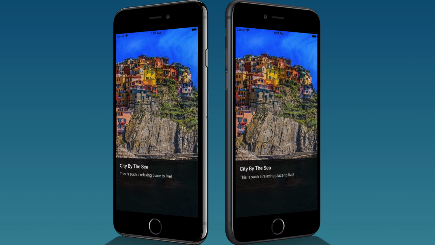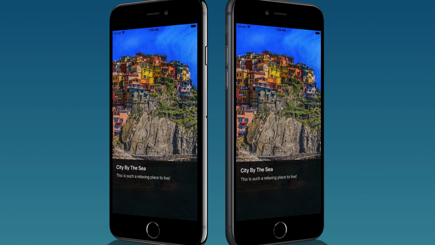In this video, you're going to learn how to build your app's user interface. And that's just the technical term for the screen that the user sees. You'll learn about auto layout that's used to position and size elements. By the end of this video, you'll have built this user interface. As you can see, you're going to learn how to add images, text, and how to position them. More importantly, you're going to be doing it with auto layout constraints. And you're going to learn how to do it in a way that's going to make it work for all